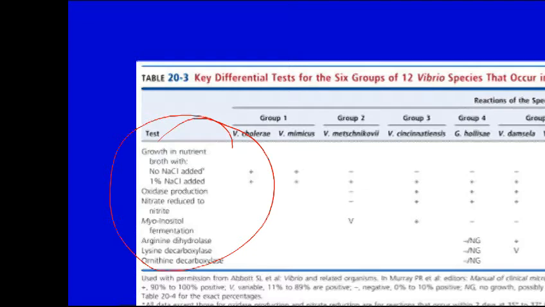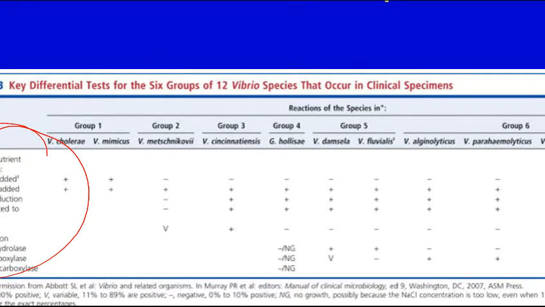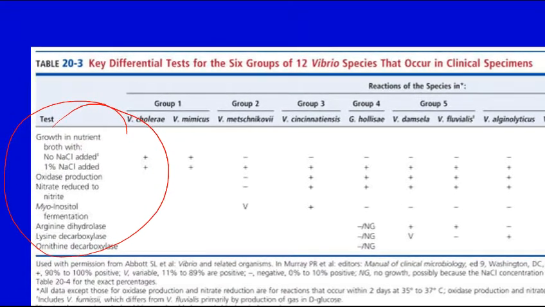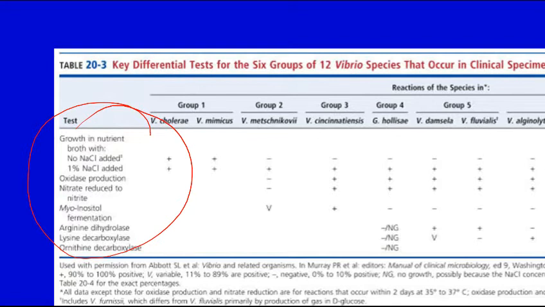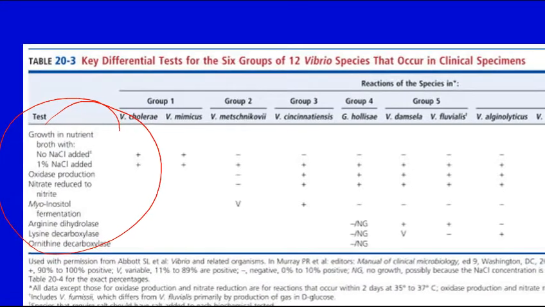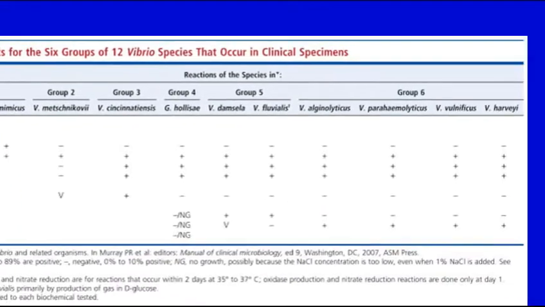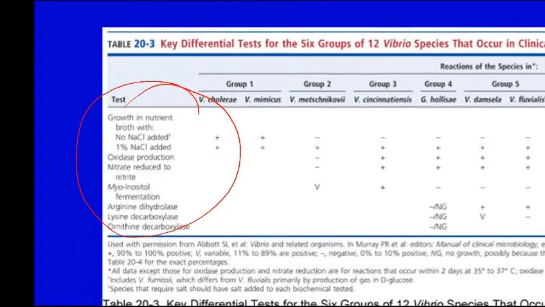And then look if they will grow there or not. But almost all of the Vibrio species would have a positive growth if that broth is added with 1% sodium chloride. Kasi nga, all of them are halophilic with few exceptions. Okay? Now, to the